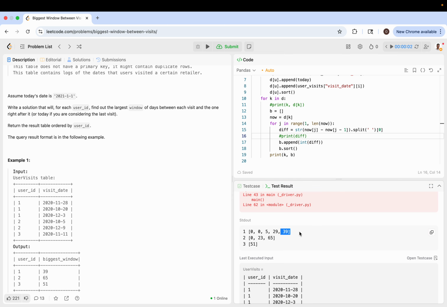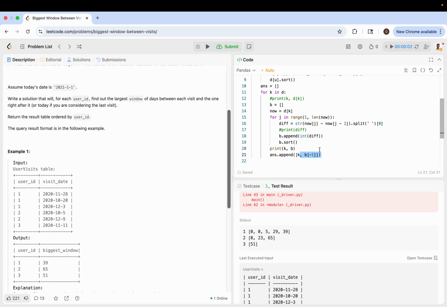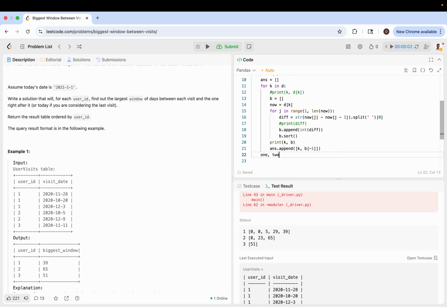And now you can see that the biggest one is on the right hand side because we sorted all the differences, all the days that were differences, and then let's go ahead and just gather the results. So for each user ID, b minus 1 is going to hold the biggest one. And then let's go ahead and just gather the two columns,